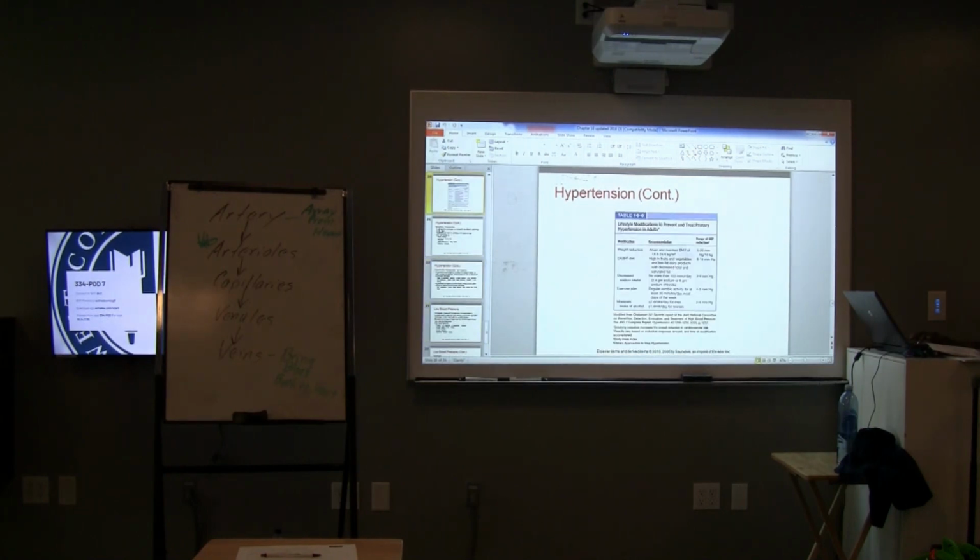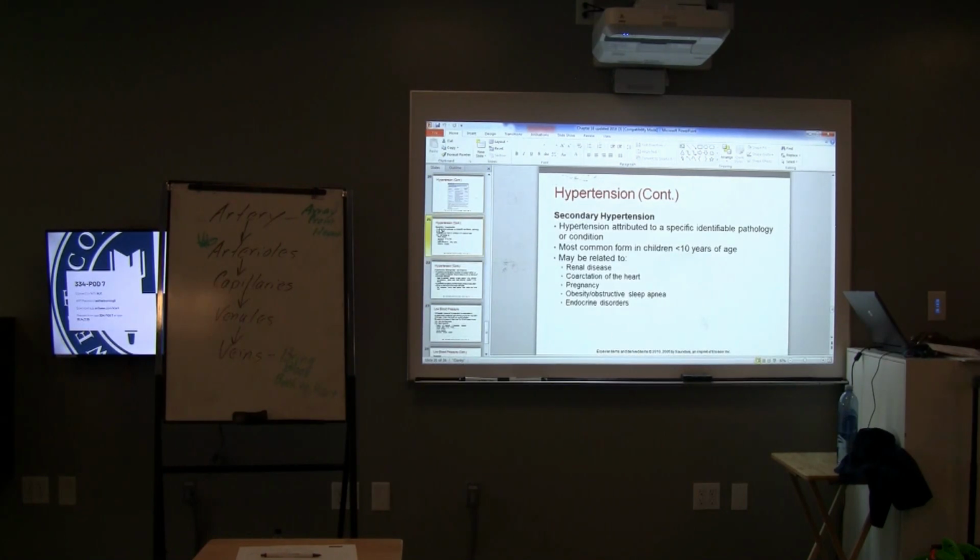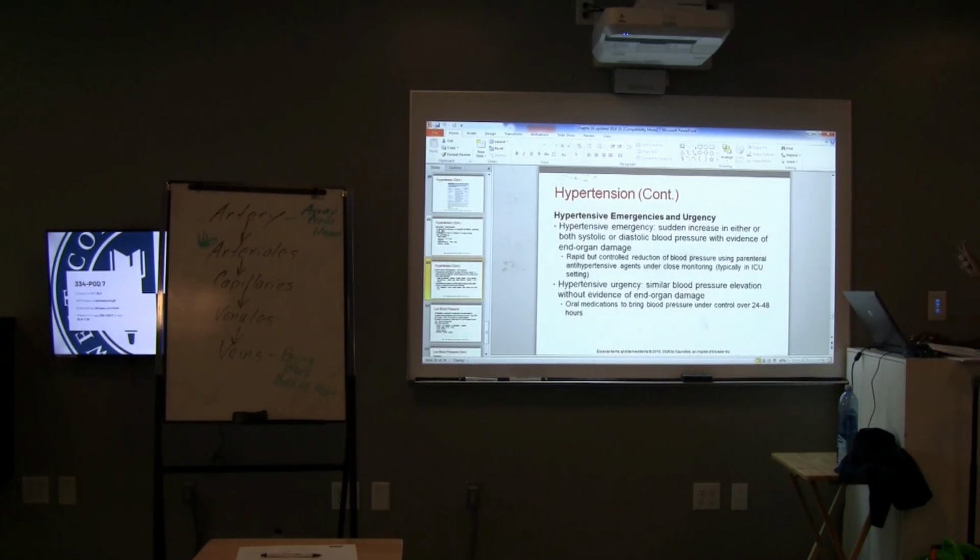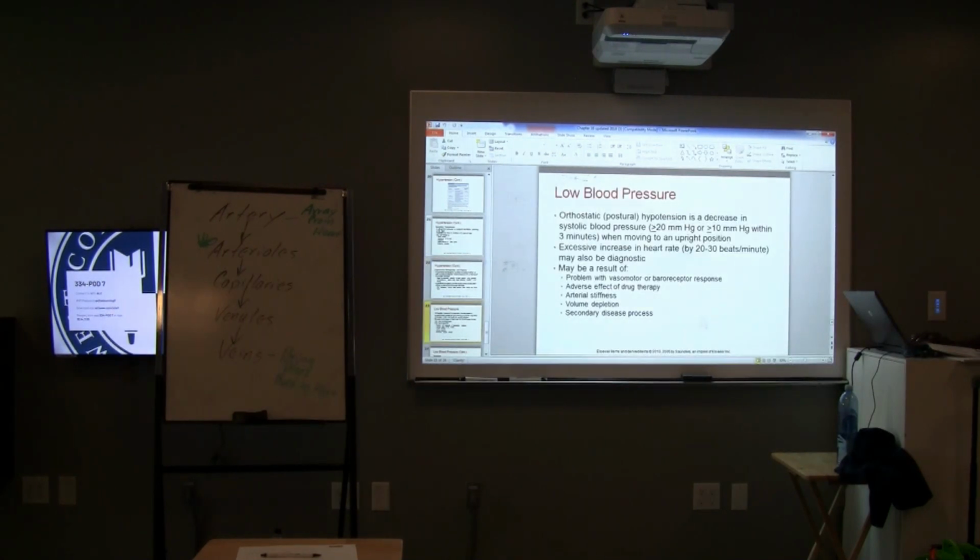I go over the modifications. You can go into that. Secondary hypertension, really super easy. Just a patient has a primary condition, and then hypertension happens after that. And then hypertensive emergencies and urgencies are pretty straightforward. One has more damage than the other. And then hypotension,